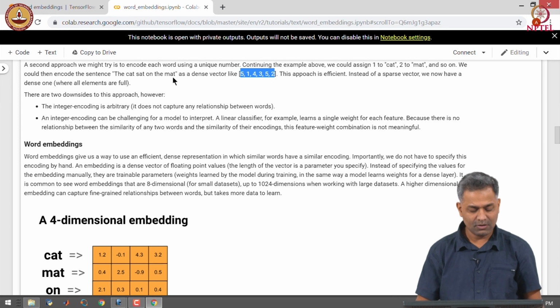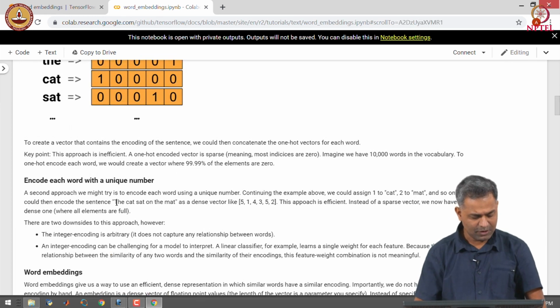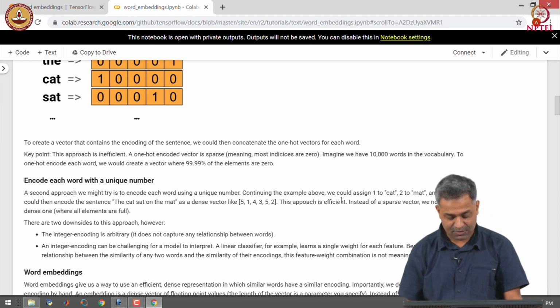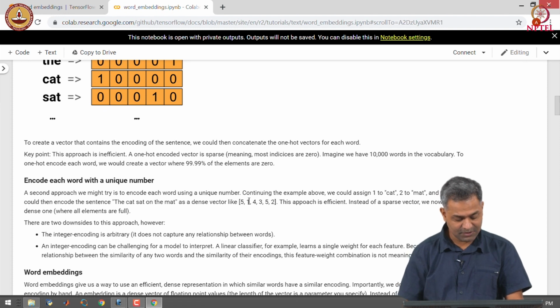Here the word the is mapped to number 5, so we see 5 at positions corresponding to the. The word the appears 2 times, so you can see number 5 appearing 2 times. Cat is assigned number 1, so we see number 1 over here, then sat 4, on as 3 and mat as 2.